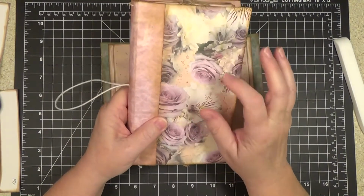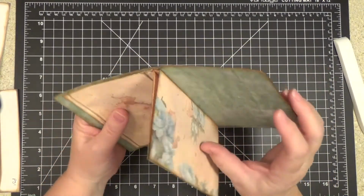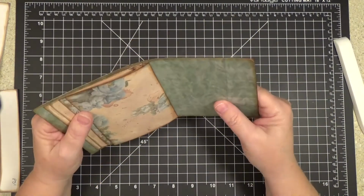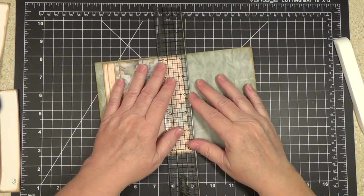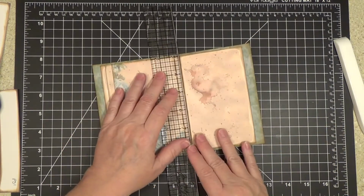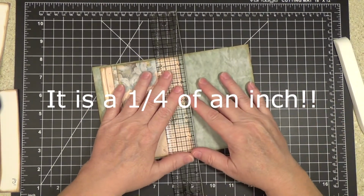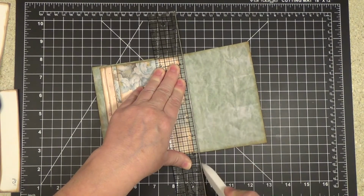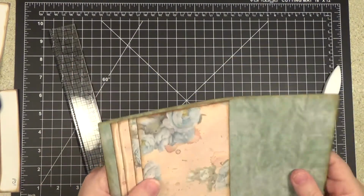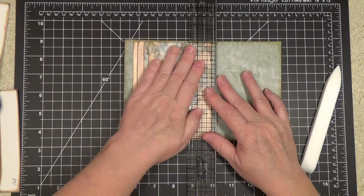And I may do a video on this one too, so that you can see how I made this cover. I'll go ahead and do that, because there's nothing stopping this one. You could probably, matter of fact, get your ruler, and I believe this is 1/8 of an inch apart, yes. So you could probably do this number here, go 1/8 of an inch, and use your bone folder and kind of score it a little bit if you want to. I don't know if that'll make a difference or not. So let me just do the other side just because, but I don't think this is going to make a difference on how this works, but